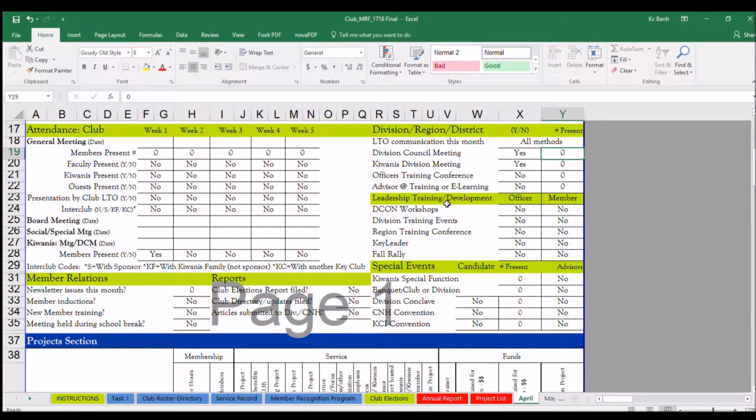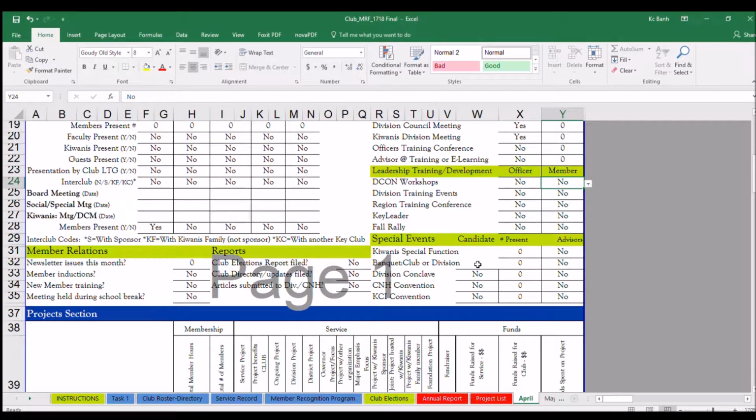So underneath that would be whether there were any training events, and you mark whether an officer went or whether a member went. Underneath that are the special events. Whether you had a club or division banquet, you mark the number of members present and whether an advisor attended. So for the member relations column, you would mark whether any newsletters were issued or if there were meetings held during spring break,